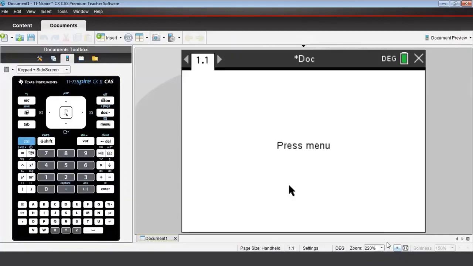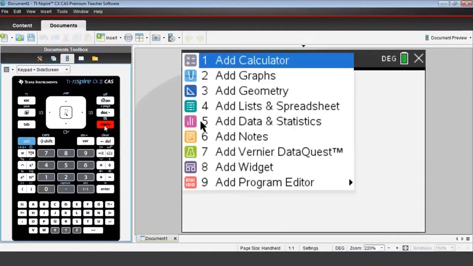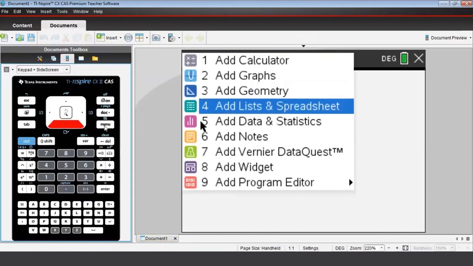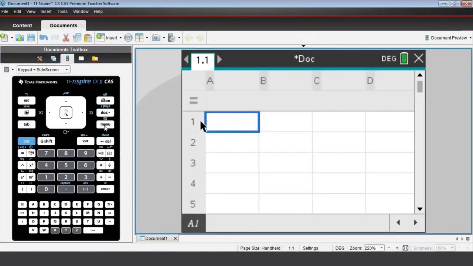Using the menu, open up a Lists and Spreadsheets application. Up in the name cell for column A, key in the word fruit. That will be the name of our list variable. Press Enter, then the down arrow key, and starting with cell A1, enter each of the 15 data values and